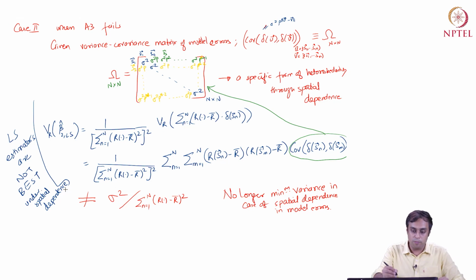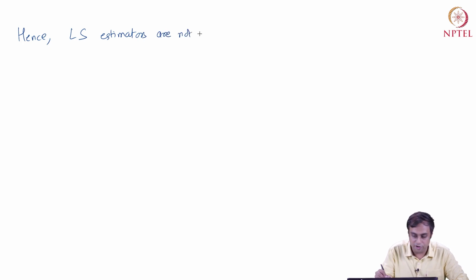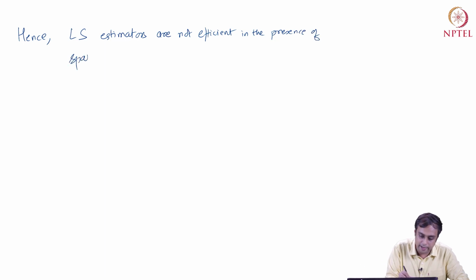As a next step, we are going to state formally that least squares estimators are not efficient in the presence of spatial dependence